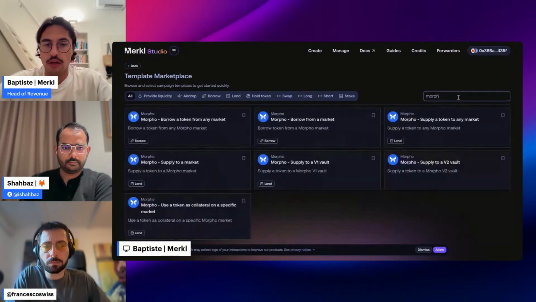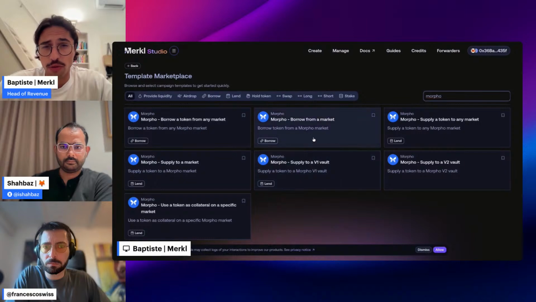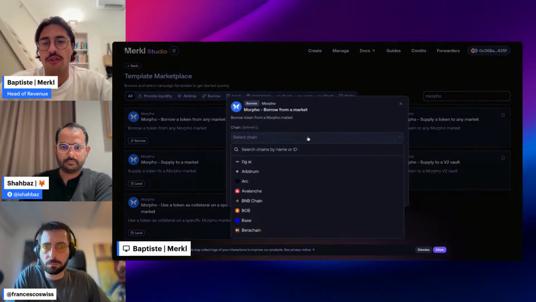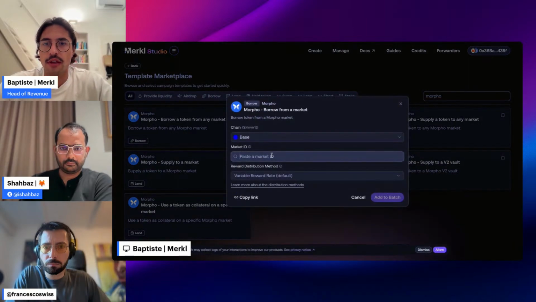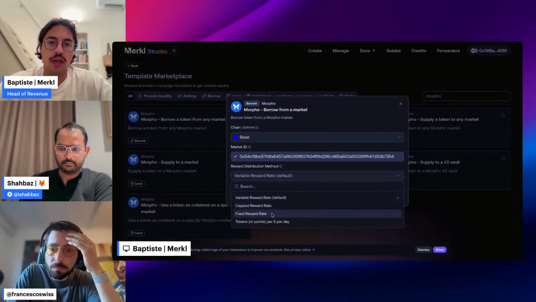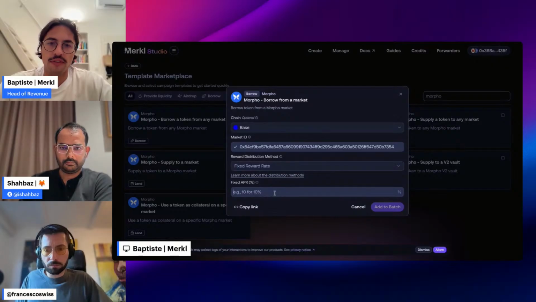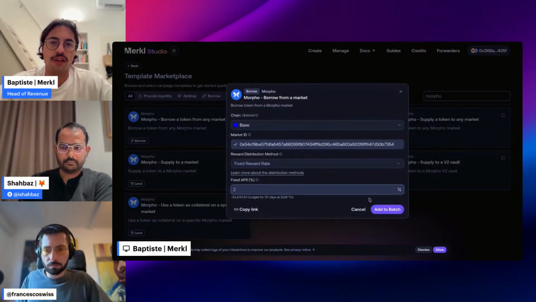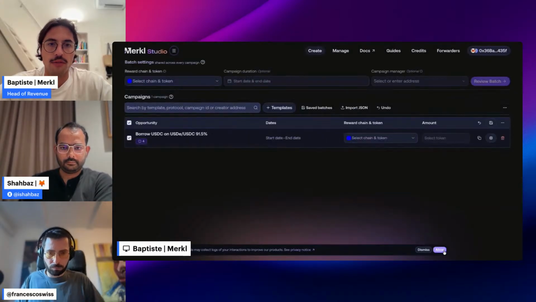So let's say you want to incentivize the boring USDC market. All you have to do is select the chain where the market lives, paste the market ID, which is in the Morpho UI, and then tell us, okay, I want anyone who borrows USDC to earn a fixed 2% subsidy on their borrow balance. You add it to the batch.